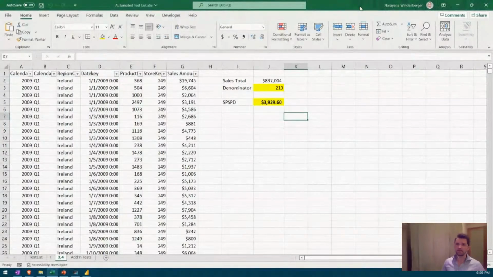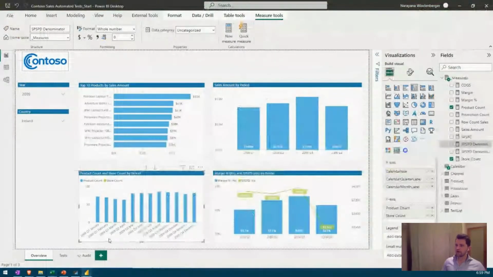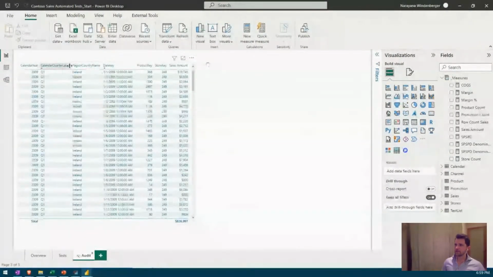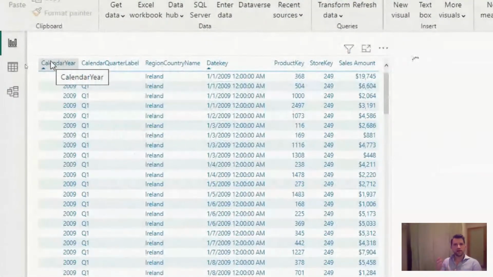And this is probably an exercise you all have done for your own reports. But I would copy the raw data from the model into an Excel sheet generally, and I would just make sure that the business logic that I'm thinking through matches what the measure is supposed to do. So what I've done is I created this audit page. And on this audit page, since I know that my measure to calculate that denominator, that divisor, I need to know what